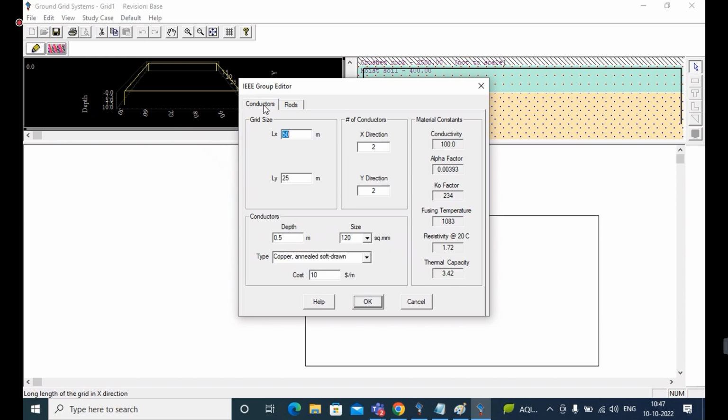Now go to conductors. So here I am going to use this much distance. The client has already provided how much distance you need to assign for that earth mat. In between that only you can create that many conductors. Some clients won't give the distance. Based on the fault current, you can change it. So here I am going to use the minimum fault current only.